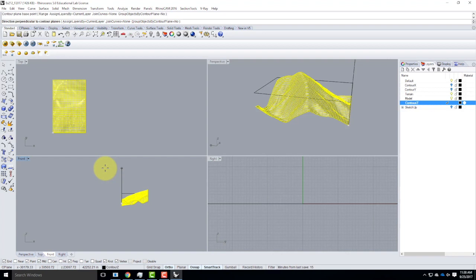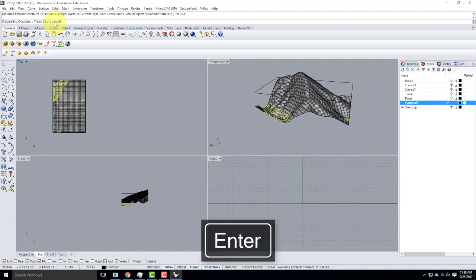There I am going straight up. And here, under distance between contours, this is that 39.063 feet. The foot sign is really important. There will be people who will just do it as inches, and it's not the right value. You have way too many contours. Okay? So 39.063 feet, and I'll go ahead and hit enter, and this will then slice my particular model up